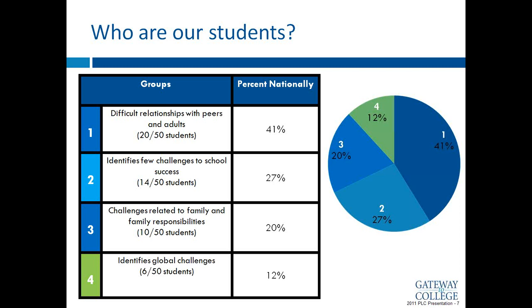And I should mention here, the way a latent class analysis works, this is a whole bunch of probabilities. So once it figures out the groups, it looks at every student, looks at how they answered the questions, and takes a best guess at which group the student would be in. So this information is not designed to help us look at an individual student and figure out if you're a 1, 2, 3, or 4. Because they may blur, and they may have some attributes from group 1 and group 3. But the idea is for us to holistically look at our student population and be able to say, if 40% of our students look this way, then let's really make sure we've got some interventions in here that are going to work for them.